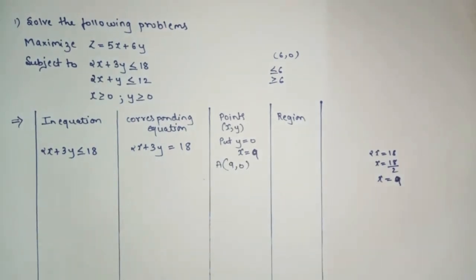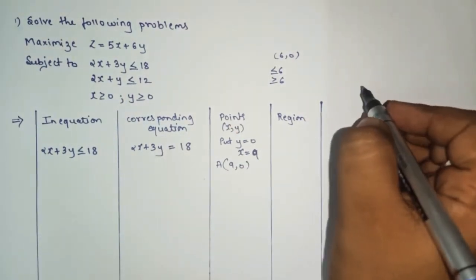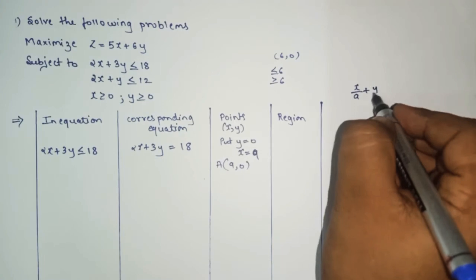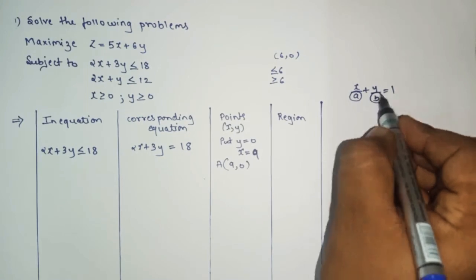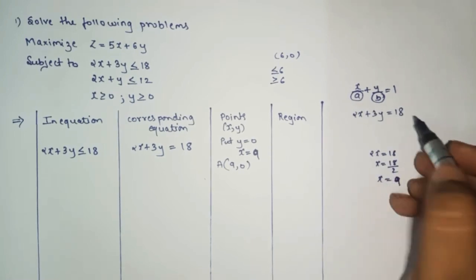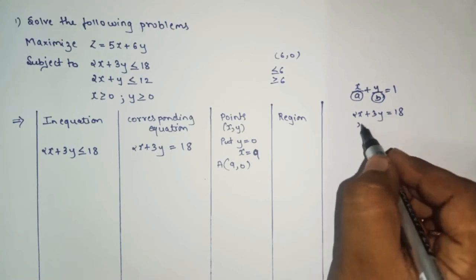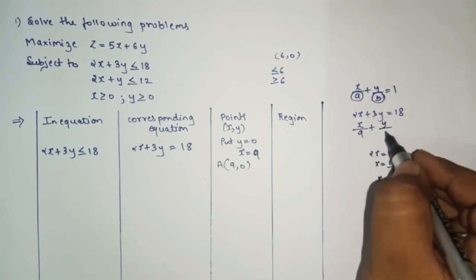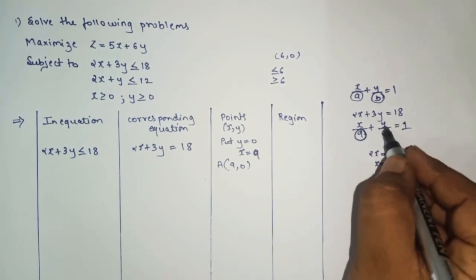Or else, you will convert this equation into double intercept form. What do we mean by double intercept form? Double intercept form means x upon a plus y upon b equals 1. This is known as the x intercept and this is known as the y intercept. So simply you have to make the right side 1, so you will divide each term by 18. Here you will get x upon 2 ones are 2, nines are 18, y upon 3 ones are 3, 6 threes are 18, and this will be 1.